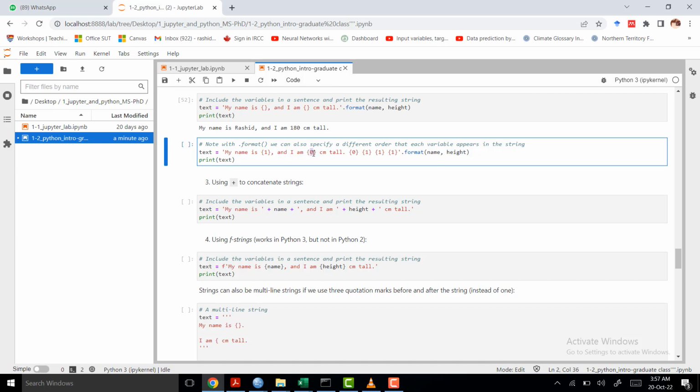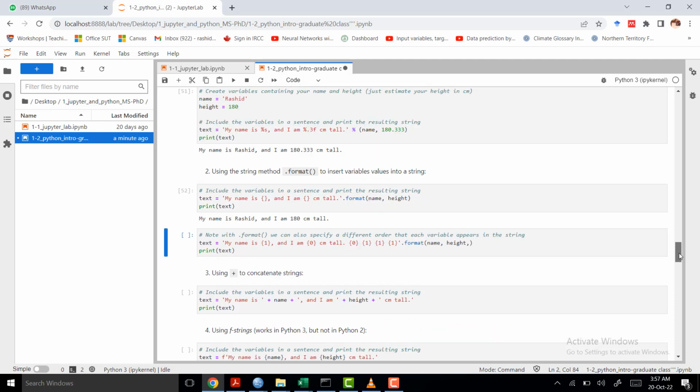So if I write 0 in the curly bracket, that means this is the first value, which is name. So it will place the value of this variable here, and where I have typed 1, that means the second variable. So if I add a third variable here, for instance course name, and I just write it here